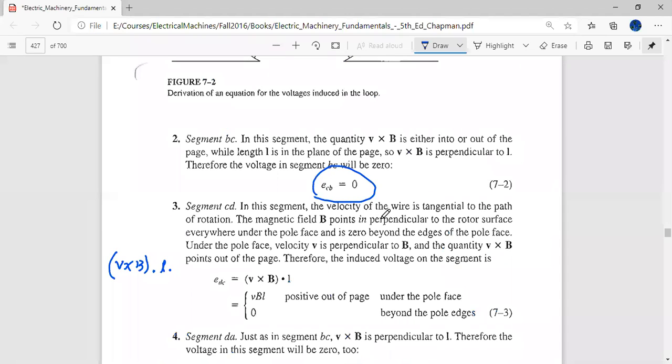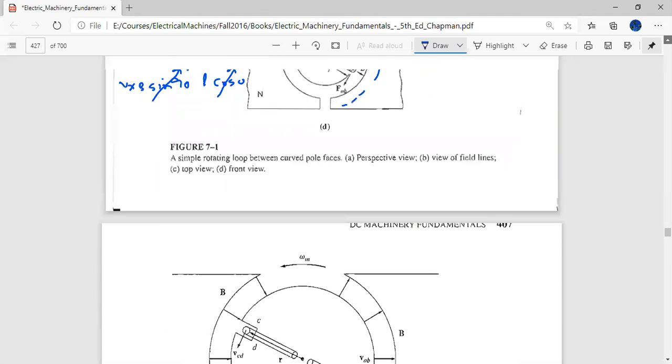So when we look at this same logic for the segment BC, the induced EMF comes out to be zero, because when we look at the quantity V cross B, it is either into the page or out of the page. How is it either into or out? So if we look at